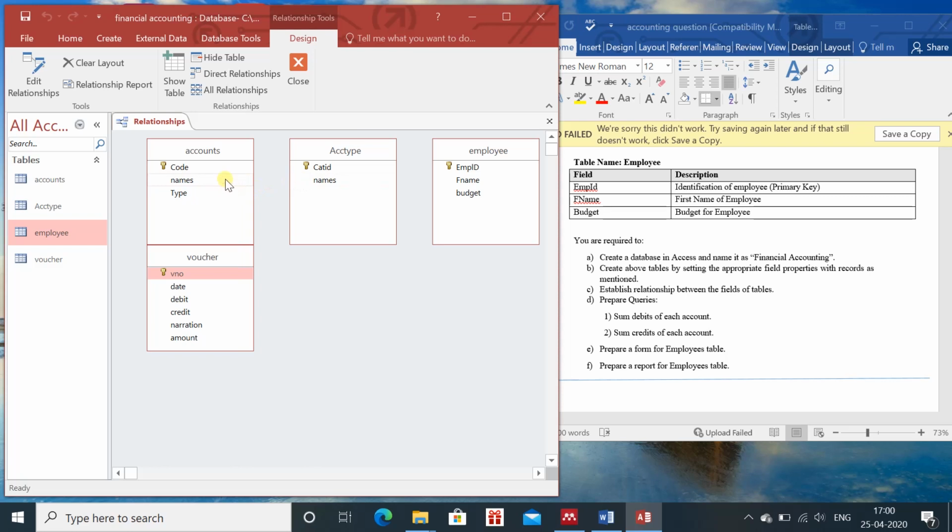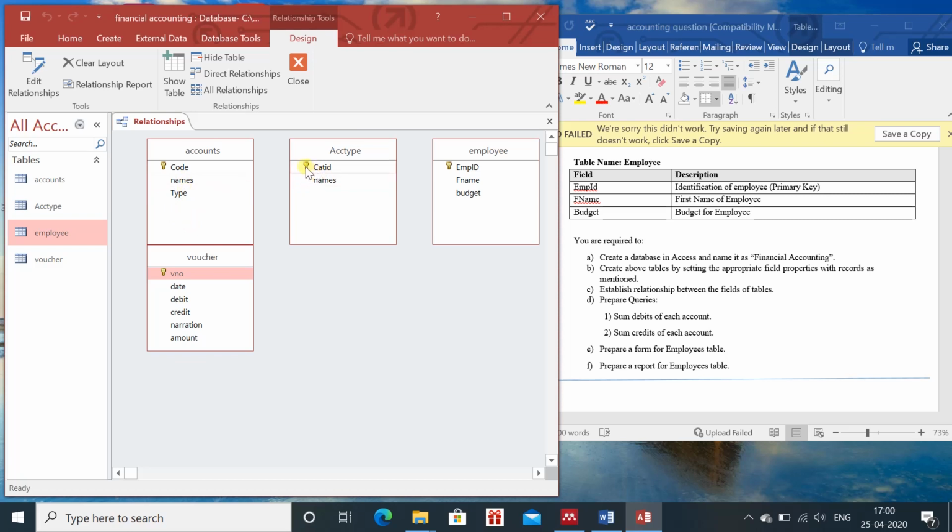Now in this case we have to make sure which value will match with the other. So first of all we are talking about the account type and accounts. In this you can see the catalog ID is 123, and in type also we have entered the 123. The name is asset account, liability account, and there the name of the account Jairam, cash, bank, these all we have entered. But 123 and 123 is similar here.